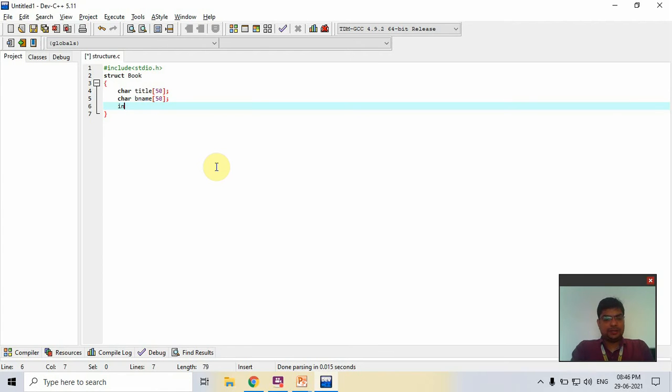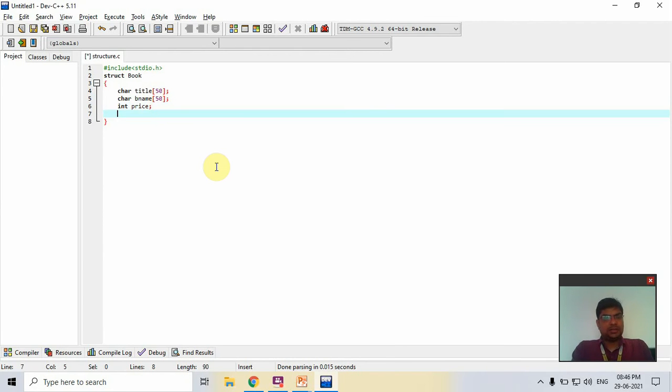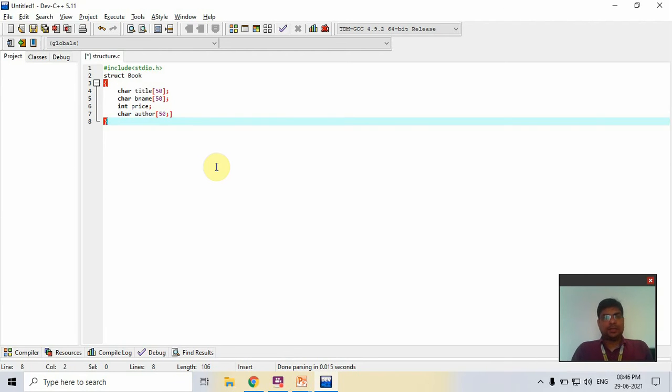After that int price. Last is character author, and it is also 50. If you have a long name, then you increase the number. After that you give a semicolon also.